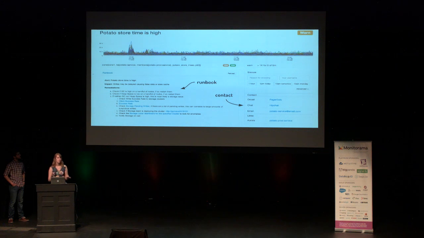But there is one more step in responding to alerts. Once you've root caused an issue, you're not done. You need to actually remediate that issue. So we needed to make it trivial to respond to alerts once you determined what the problem was. And we accomplished this by including descriptions, contacts, escalations, and runbooks right in the alert UI. This makes it simple for you to understand what you're looking at. You can escalate to someone else if necessary, and you can follow concrete runbook steps, like the ones that Katie described on Monday.